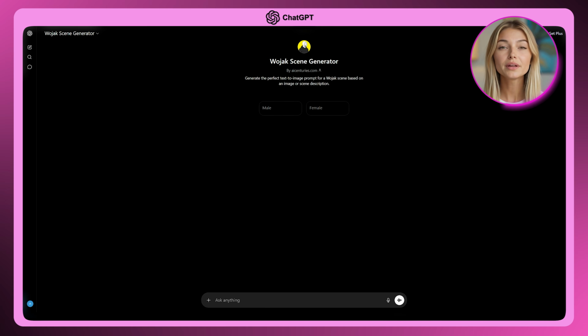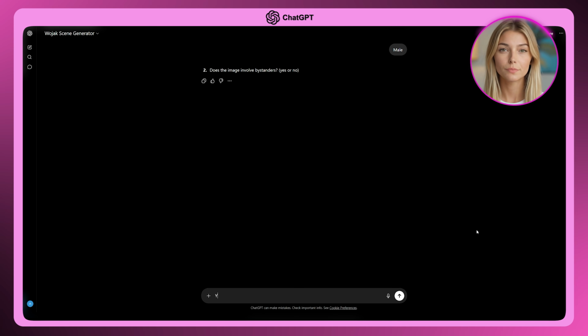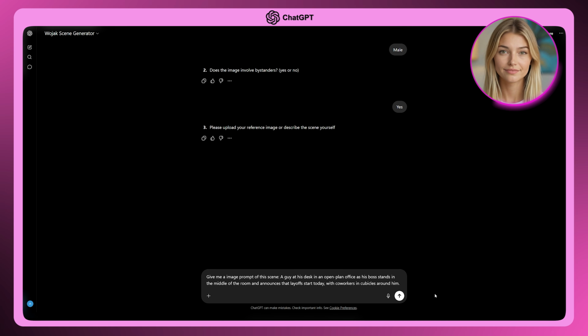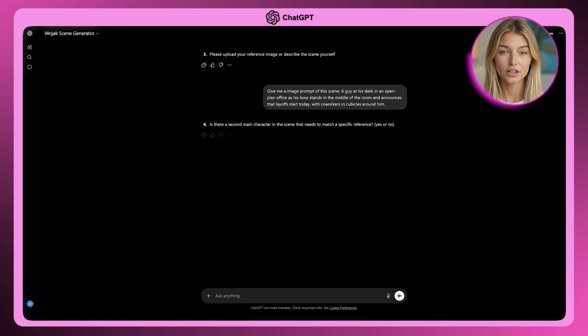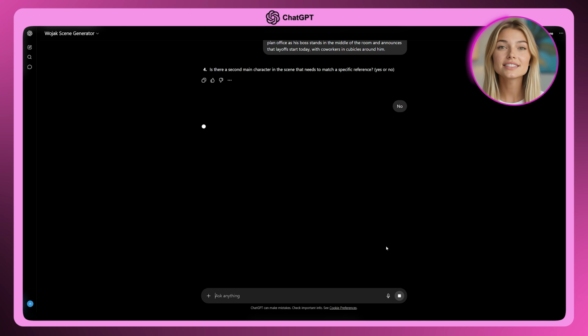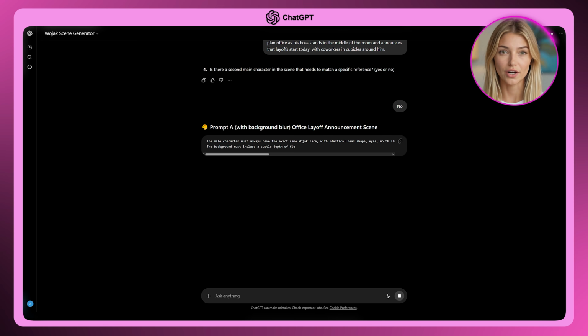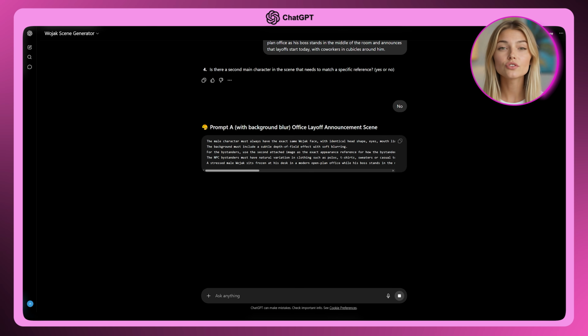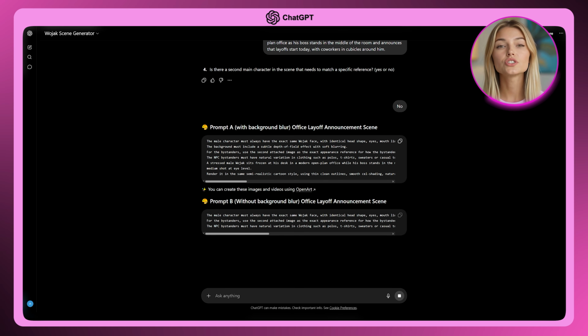Before you start, open a fresh chat with the Wojak Scene Generator GPT. Answer the same questions as before. Select male, say yes to bystanders, and when it asks for the scene description, paste this prompt in. When it asks about a second main character, go ahead and type no. The boss is in the scene, but he does not need a reference photo. The GPT will figure out how to describe him on its own, so you can just move on to the